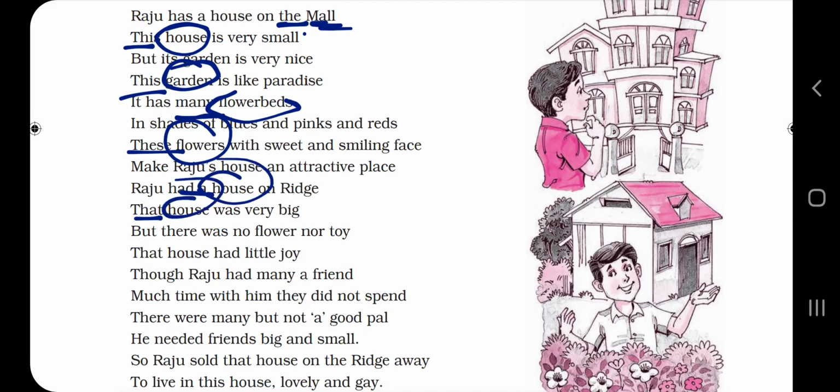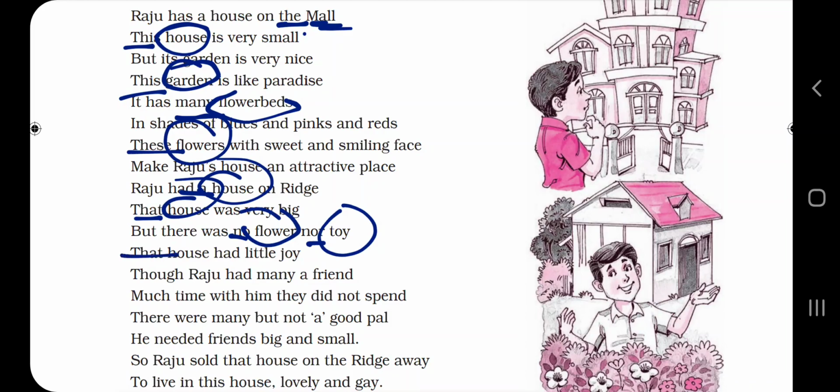But there was no flower. See here. Underline words. No flowers nor toy. See here. This is a noun. Whereas underlined words are what? Let's discuss. That house